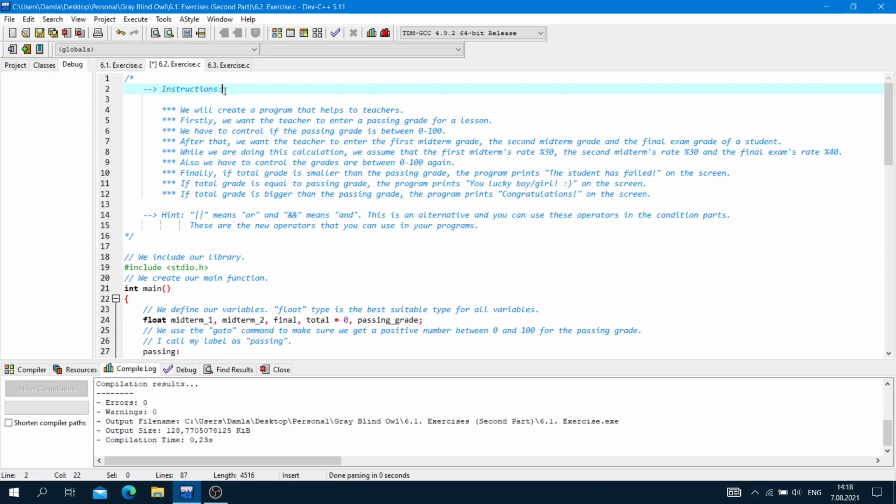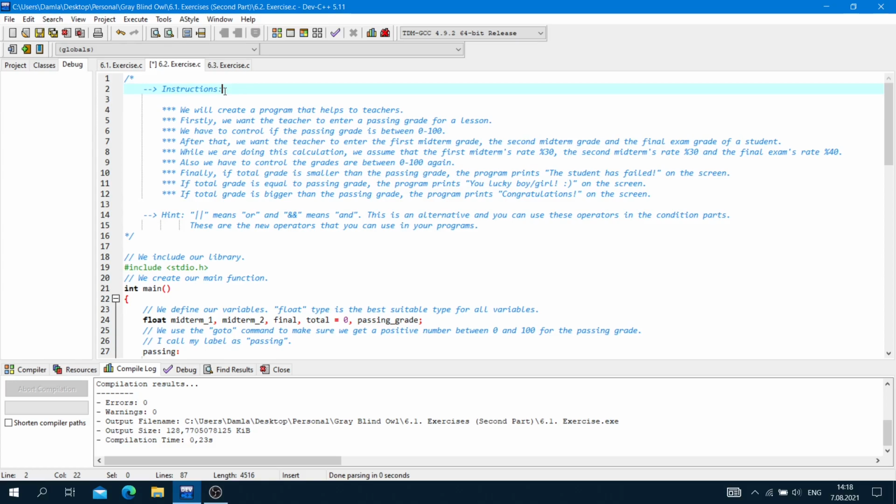After that, we want the teacher to enter the first midterm grade, the second midterm grade, and the final exam grade of a student. While we are doing this calculation, we assume that the first midterm rates 30%, the second midterm rates 30%, and the final exam rates 40%.